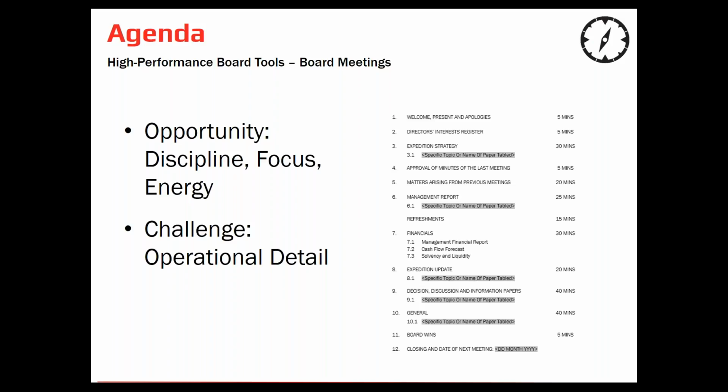I've included a little bit of a sample from one of our templates of some of the things that should be on there. The agenda really plots out the theme and scope of the meeting, and also where we're going to put time. In other words, it's an opportunity to allocate time and to decide what is important. If there's a particular strategy that's really important, you perhaps are going to give it more than 30 minutes, but if there's a particular management report being presented, perhaps that requires more time.